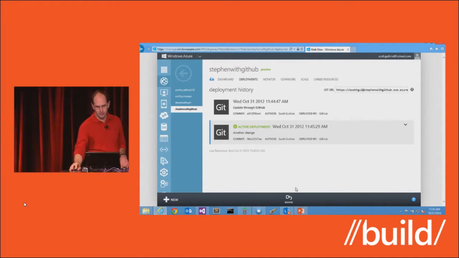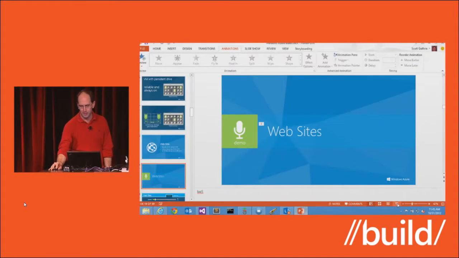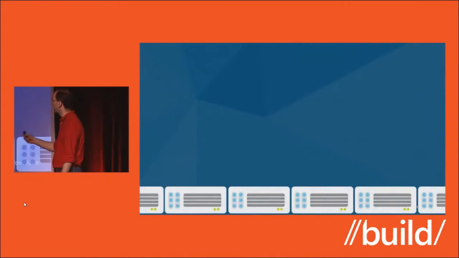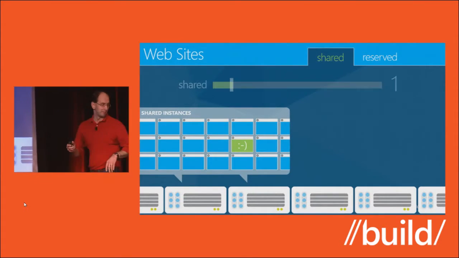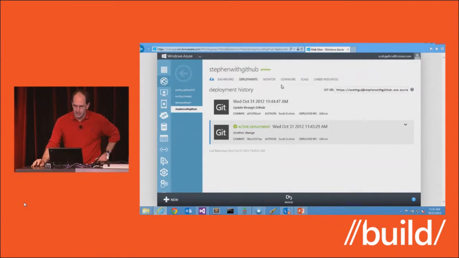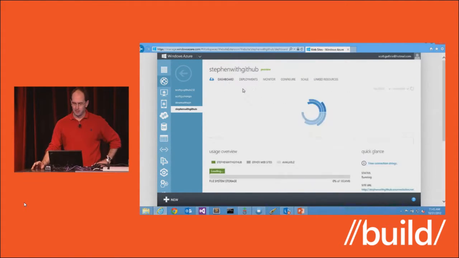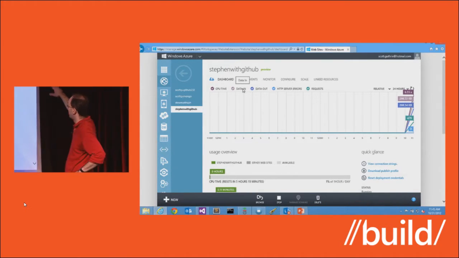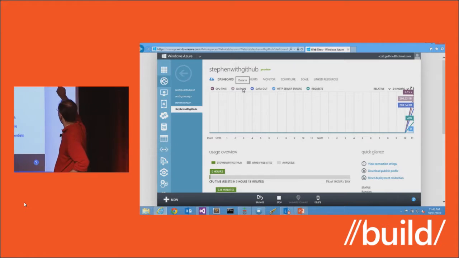There are more talks here that will talk more about continuous deployment throughout the week, but I just wanted to show off a few new quick demos that you haven't seen this morning. So that's a little about websites. Let's actually talk about how websites actually run. If I go back to the portal, we've done a lot of stuff here where I get monitoring support, so I can start to see 470 requests. A few people in the audience have found it.